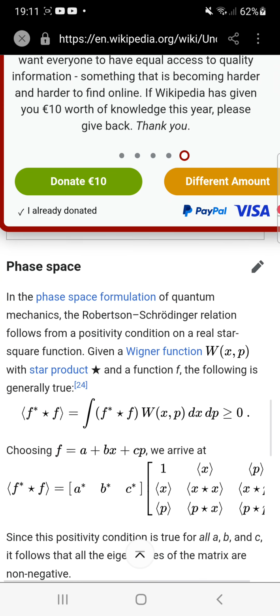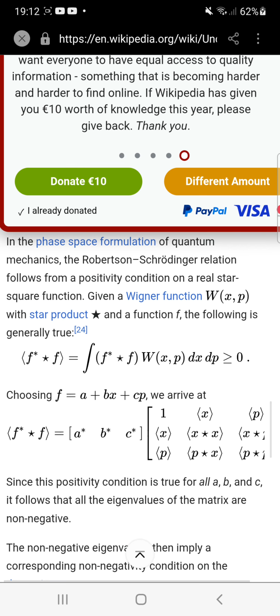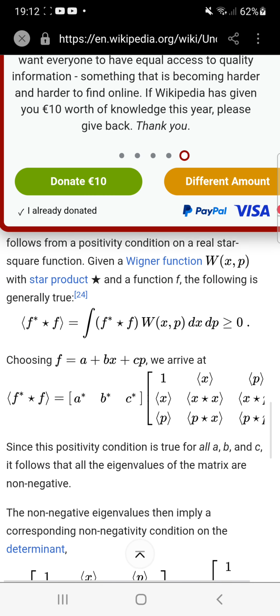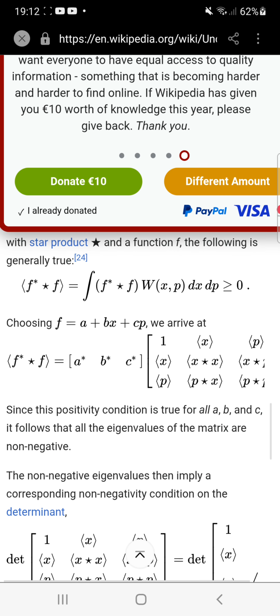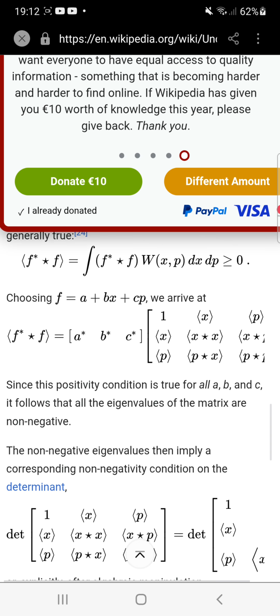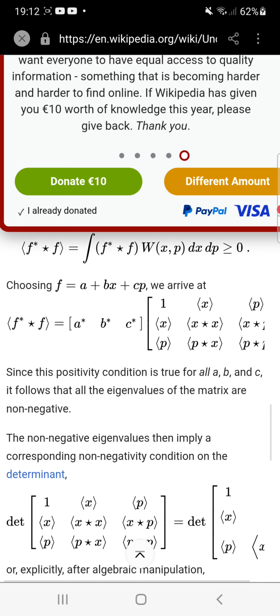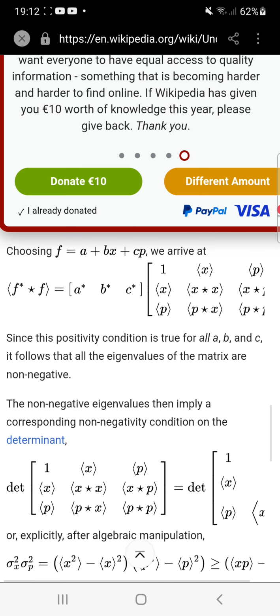In quantum mechanics, the Robertson-Schrödinger relation follows from a positivity condition on a real star-square function, given a Wigner function W(x, p) with star product and a function f. The following generally holds: the integral of f* star f W(x, p) dx dp is greater than or equal to 0. Choosing f equals a plus bx plus cp, we arrive at